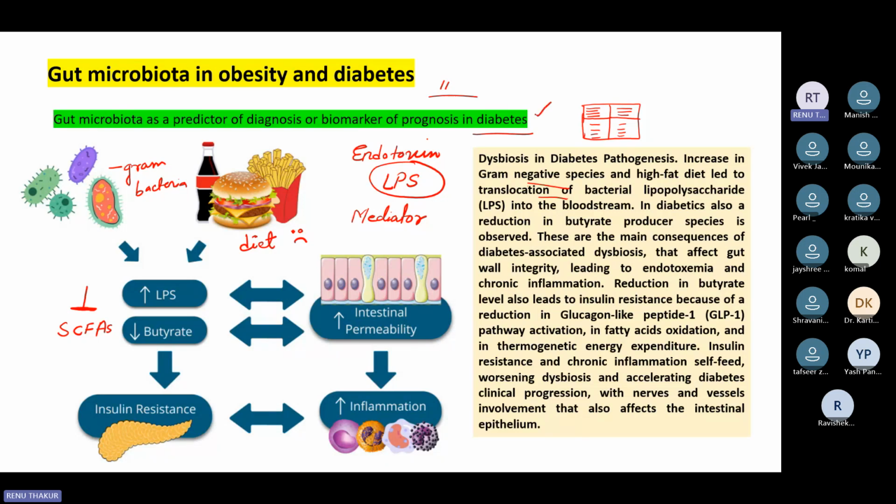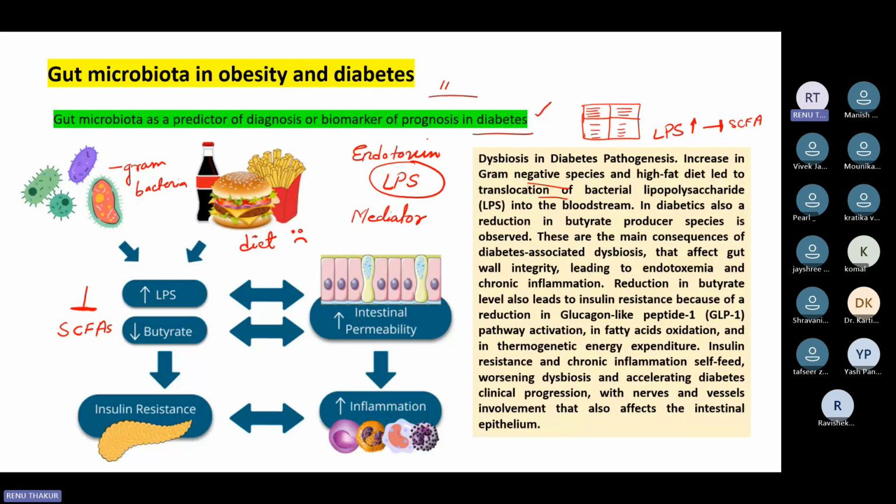Like what I told, whenever there is an increase in LPS, there will be inhibition of short chain fatty acid production. So write it this way: if LPS increases, it will inhibit SCFA. No need to write long sentences or a paragraph. This is very simple and it will take only a few seconds to memorize. And if you are writing it, you will remember it. This picture will be memorized for a longer period of time. So try to write all the crisp points on the top of your notebook. Now back to this topic.